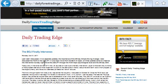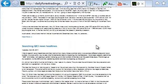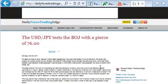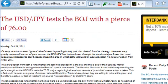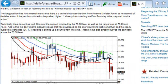Here's the daily Forex trading edge, and I bring this up because I'm just scrolling through some of my recent updates. Okay, here we go. Back on the 24th, you can see here, I had discussed the test of 76, and that Monday really was when I put together the timing of, I think what all of us knew was going to